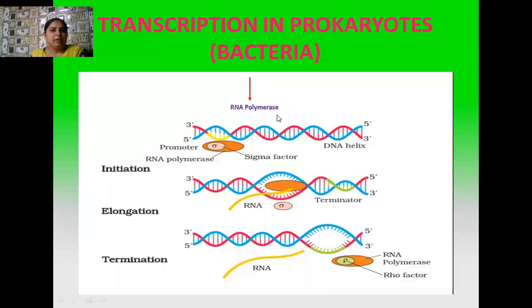Okay, students. Now this is the diagram which is given in our book, transcription in case of prokaryotic organisms. Here the process of transcription is divided into three steps. Number one, initiation. Initiation is actually the beginning of the process of transcription. Now what happened? The DNA dependent RNA polymerase enzyme comes and binds with the promoter region. And here it finds the sigma factor. So this RNA polymerase enzyme binds with the sigma factor at the promoter region.